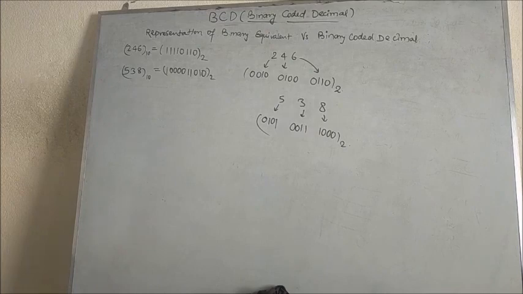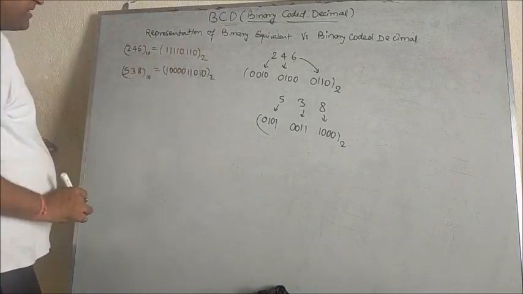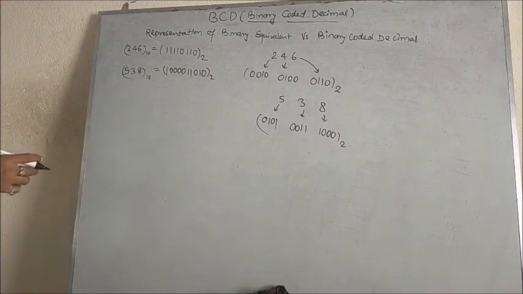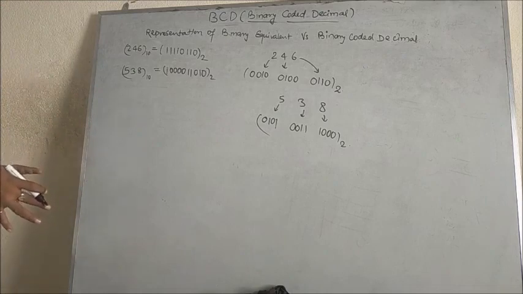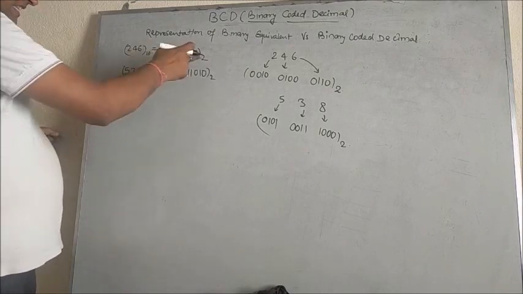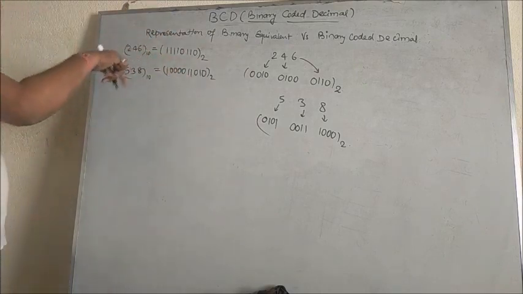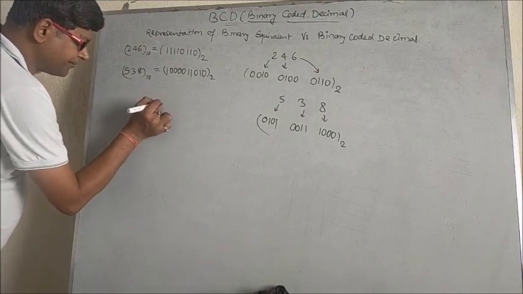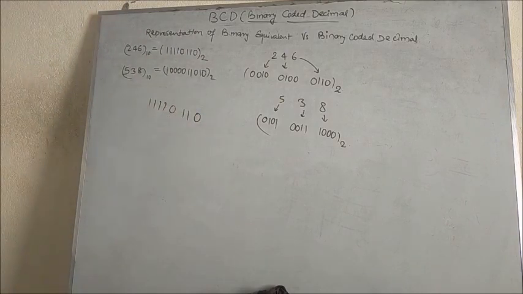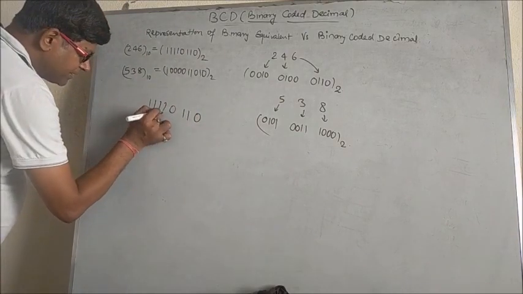And see once again whether this binary equivalent is correct or not. So we can check it with a short trick, and this short trick was given by me only, right? In any book you are not going to see the short trick. I have already explained this in number system, but still for your better reference here we can see once again whether this binary equivalent is correct or not. See, I'll just put this number, it is 1111 and 0110.